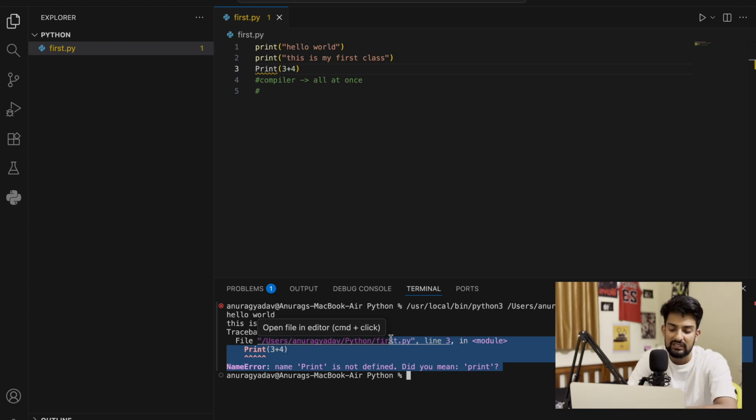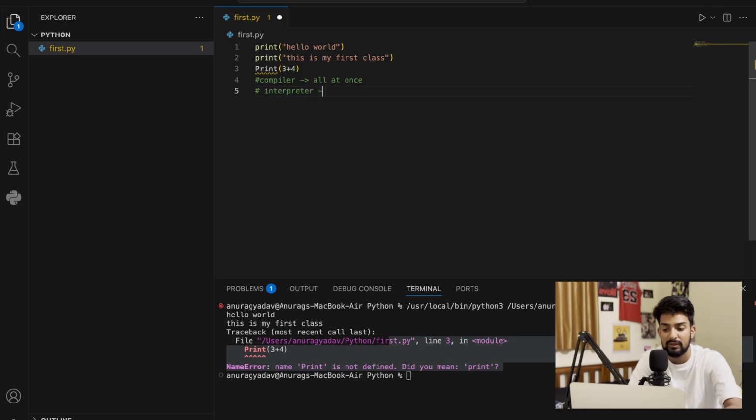Line by line means that first the first line will execute, then the second line will execute. Now you can see that on the third line I'm having an error. That is why it is generating an error for me. So again, if I talk about the interpreter, what is the scenario with the interpreter? You all can understand that the interpreter executes code line by line. That means whatever code I have is going to be executed line by